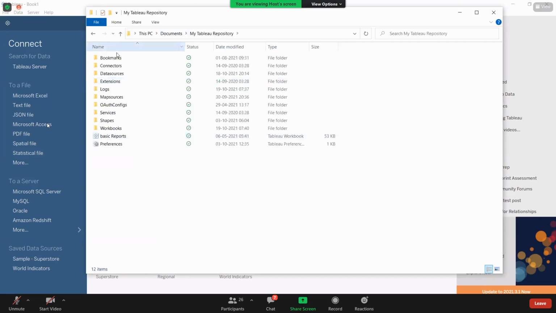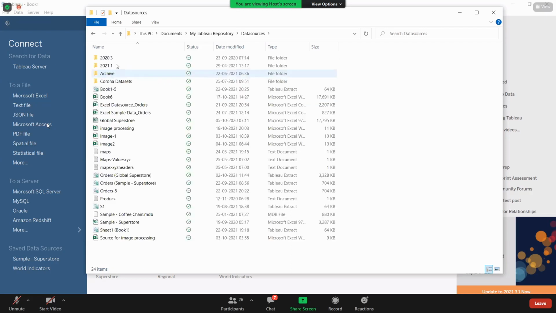In this My Tableau Repository, you have all these subfolders. As and when that time comes, we will talk about these subfolders. But let me talk about these data sources. Why I'm talking about these data sources is, see, these are the ones that I have added. But here, you can see my version is 2020.3.